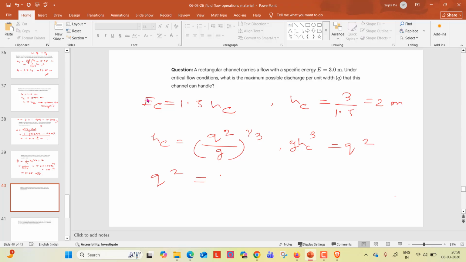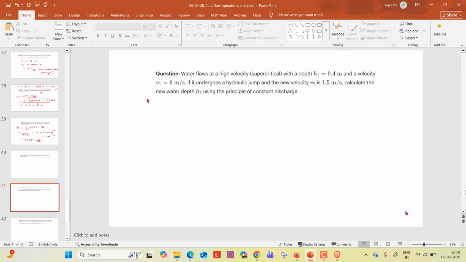So this is 78.48, and q will be root under this, 8.858. 8.858 discharge per unit width, that is meter square per second. Okay. Next,